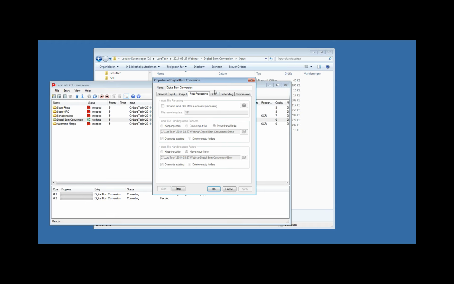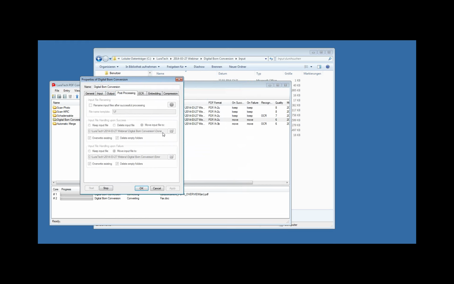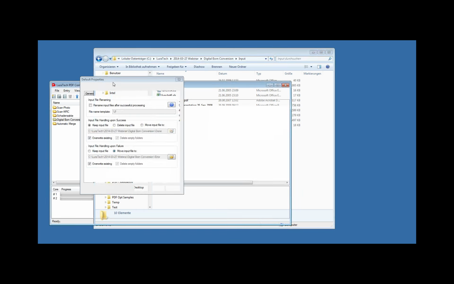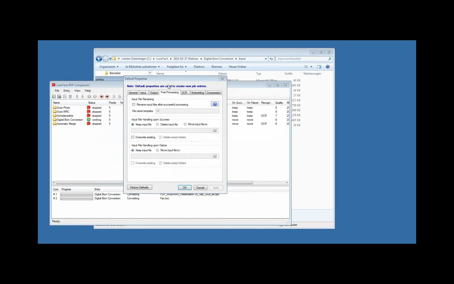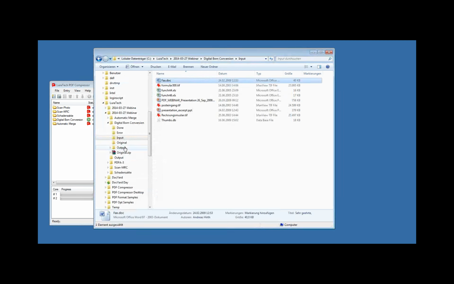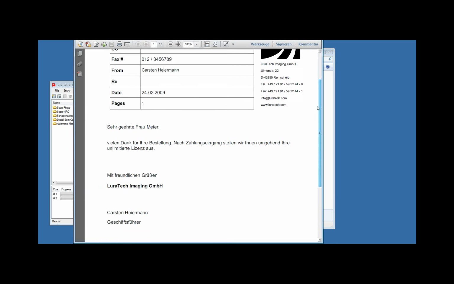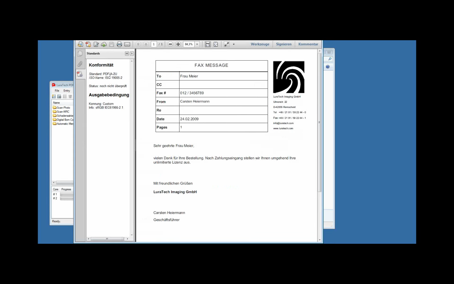And this one will actually, that's why I had to step back and copy a few pages back. This one will move over the inputs to another folder once they have been processed. So you see things disappearing from one folder and being moved over to the next. So let's see whether there is any output already. Yes, we do see things appearing here. So what was a Word document, albeit a pretty plain and straightforward one, has now been converted to a PDF/A